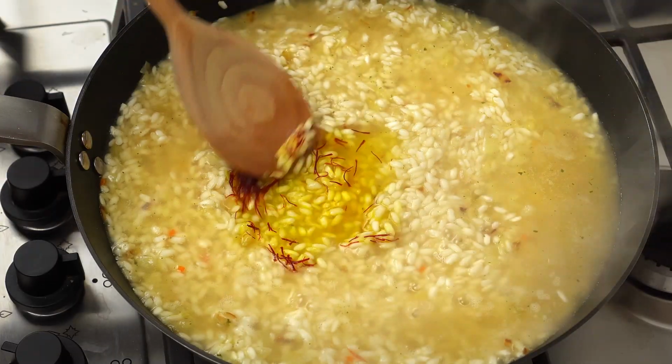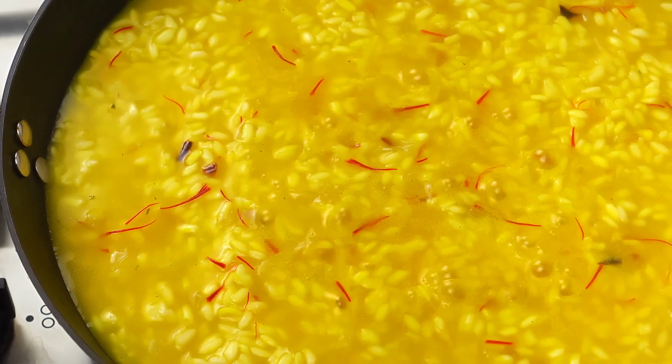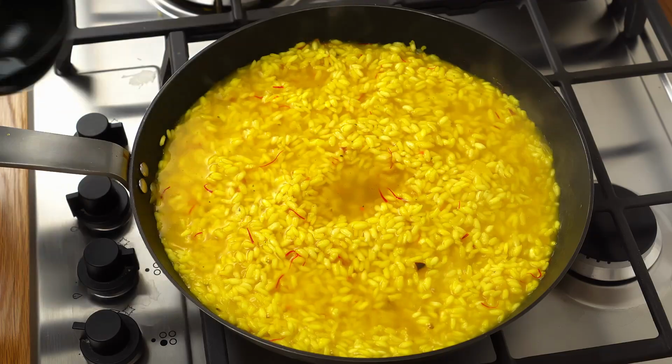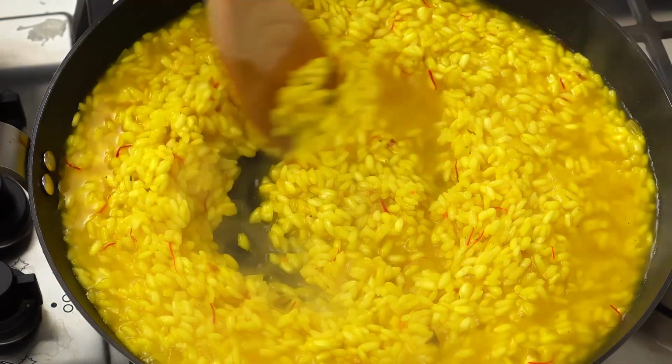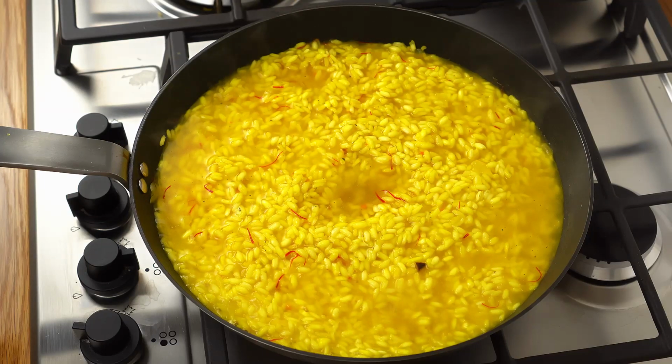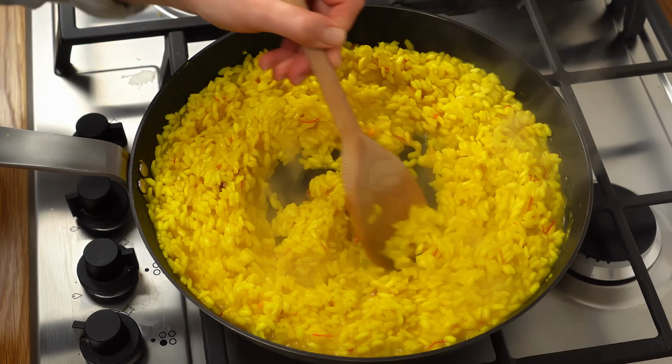Do you see how much color you get from the saffron? So beautiful! Now, keep adding a little bit of vegetable stock at a time and stir in the rice for 8 more minutes until it's cooked through but firm to the bite. The stock has to be fully reduced, so make sure you don't add too much as you approach the end